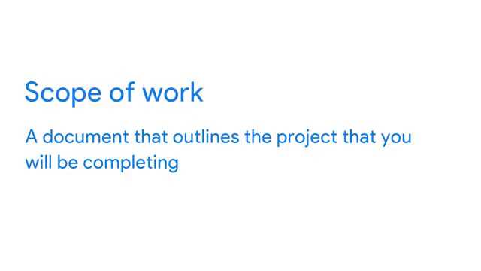The first thing you need to do is review the request for proposals, or RFP, which includes a scope of work and date to submit your proposal by. A scope of work is a document that outlines the project that you will be completing. It lays out the needs, objectives, timelines, constraints, and any external work you might need to get to complete the